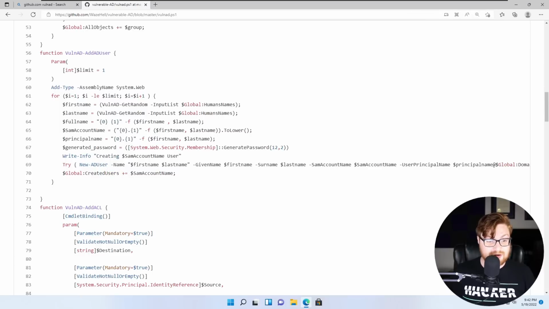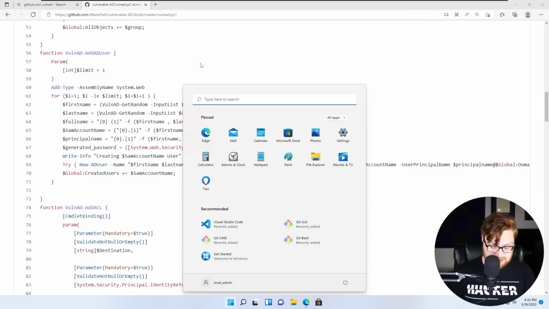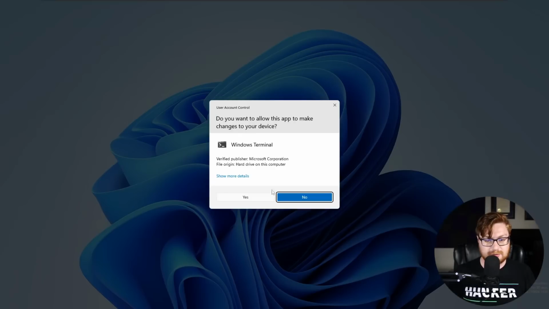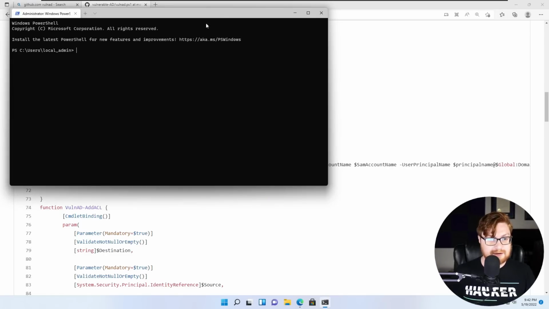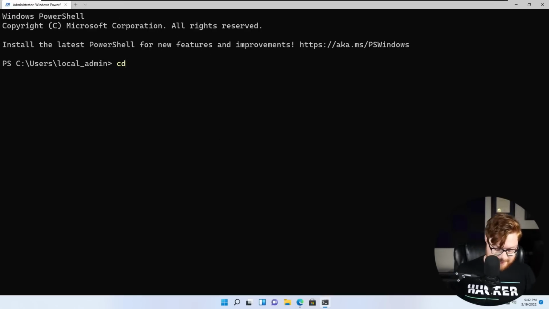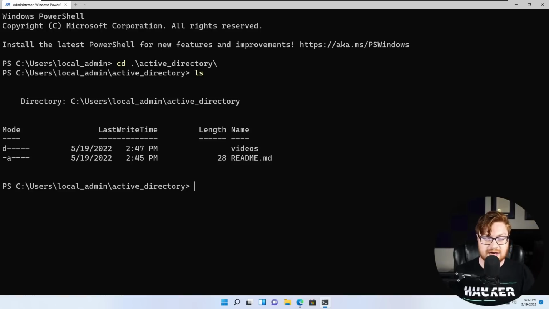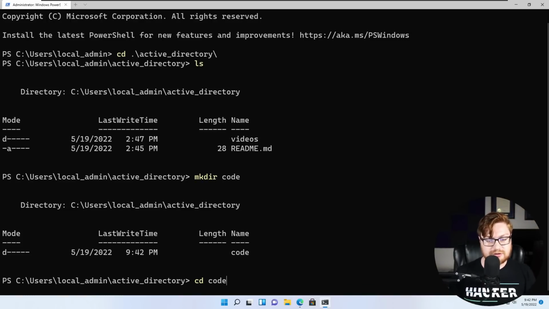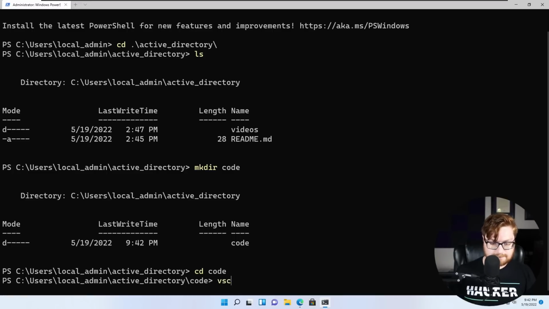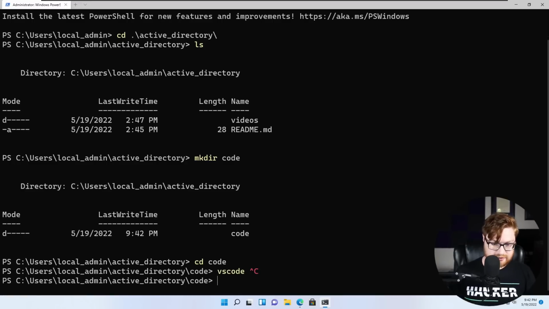With that said, though, I would like to expand upon this because wouldn't it be cool if we had our Windows terminal kicking up and running, right? We could maximize that, move into our own Active Directory repository where we could be taking notes and doing things. And let's go ahead and do that. Let's go ahead and make some code here. I'll create a directory for it. And let's use VS Code, or I guess code as the command to be able to run that, open it up. And let's say we had an